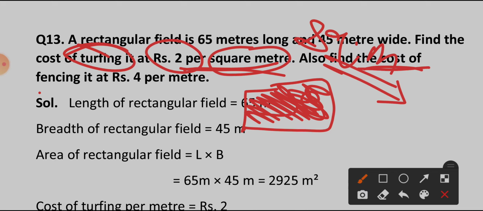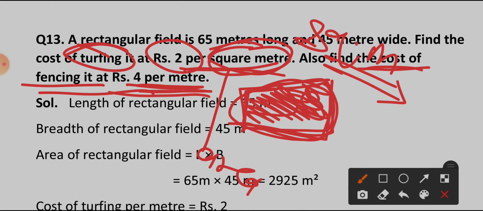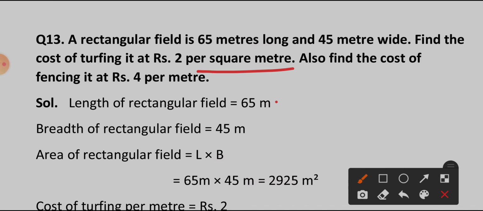Also find the cost of fencing. फेंसिंग का मतलब होता है हमें चारों तरफ किसी भी चीज़ से मतलब बाउंड्री बनवानी है. तो बाउंड्री बनवानी है मतलब पेरीमीटर. So if you want to find the cost, यहाँ पर लिखा नहीं है कि हमें एरिया भी फाइंड करना है या फिर पेरीमीटर करना है, but we have to understand what we have to find. सो पर स्क्वायर मीटर दिया है, इसका मतलब हमें एरिया निकालना है, और पर मीटर दिया है, only meter is given, that means you have to find the perimeter, because we know that we are only using meter square for only area.